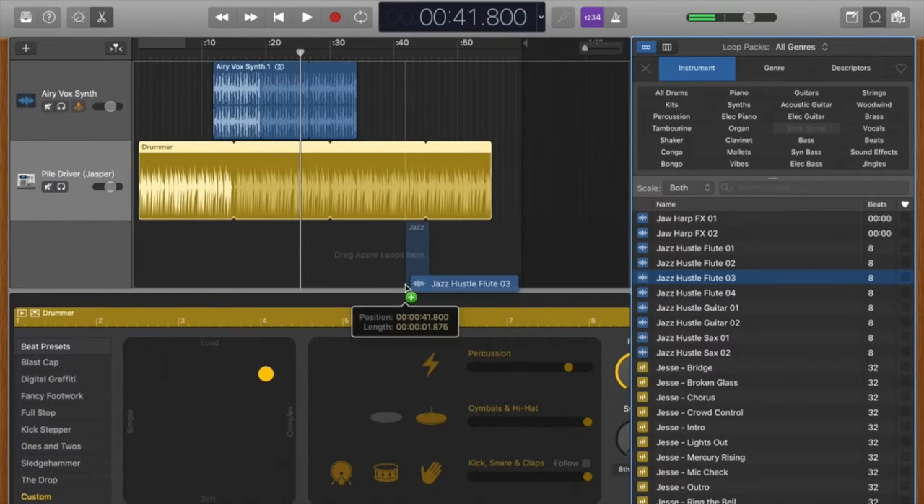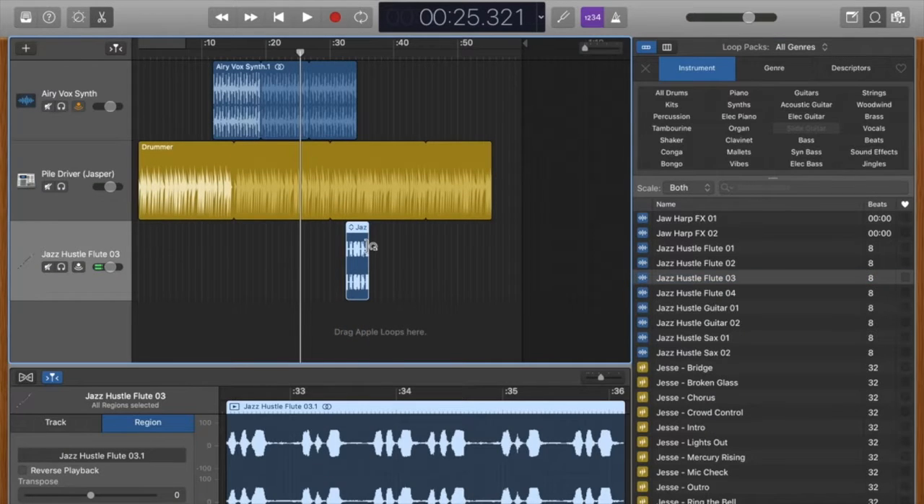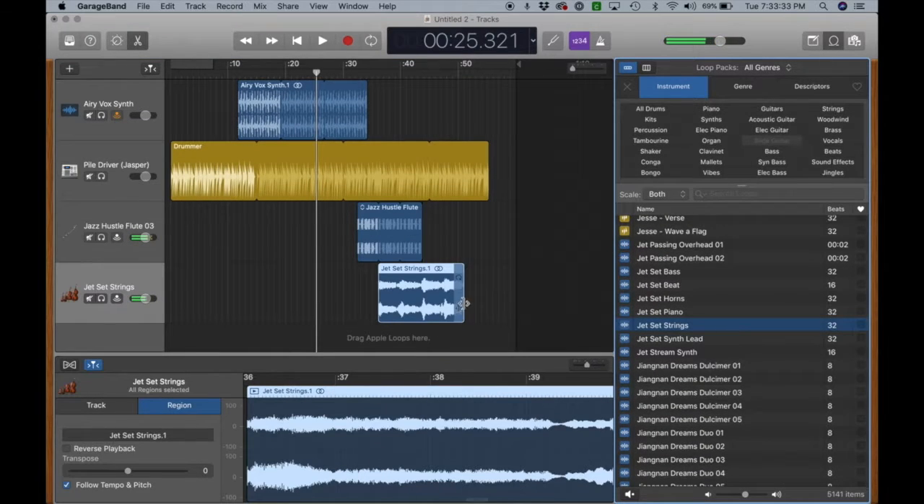Let's add in this little jazz hustle. Notice how short this one is because it is more of a highlight feature. You probably don't want to run this one for a really long time. Let's finish it out with this one